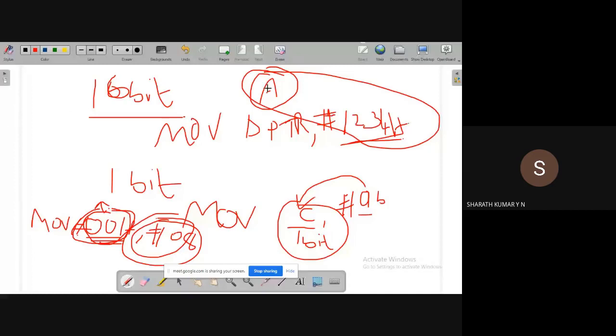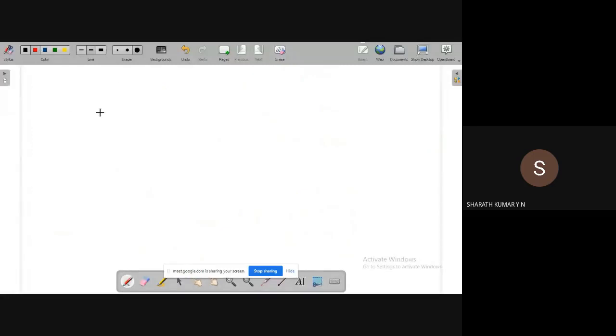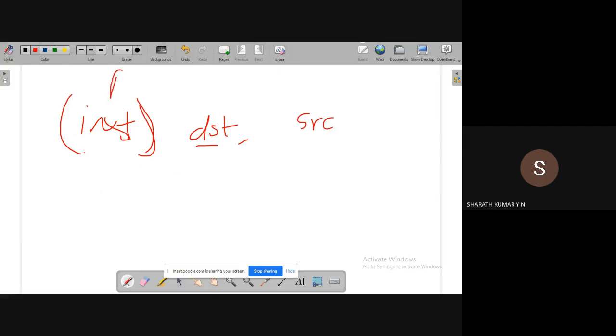The instruction format: first comes the mnemonic, meaning the instruction, then the destination, separated by a comma, then the source. The source is the source of data, and the destination is the destination for the data.